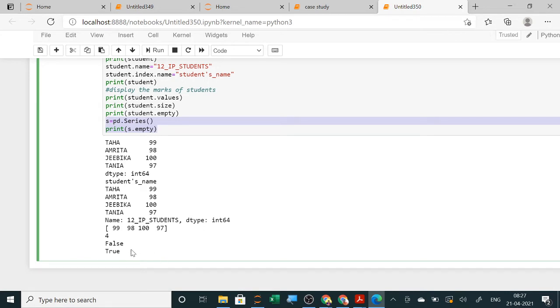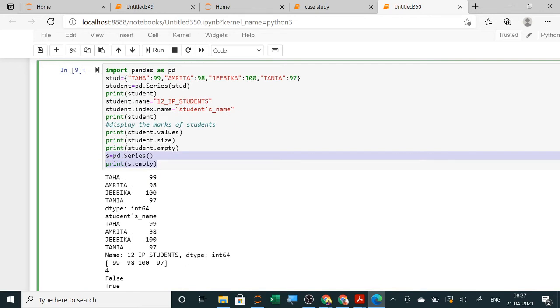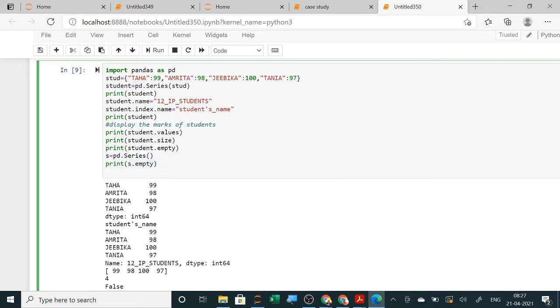Understood? Now, the difference between size and count. What is the difference between size and count? Anybody? Yes. In count, parenthesis is used, but in size, parenthesis is not used.